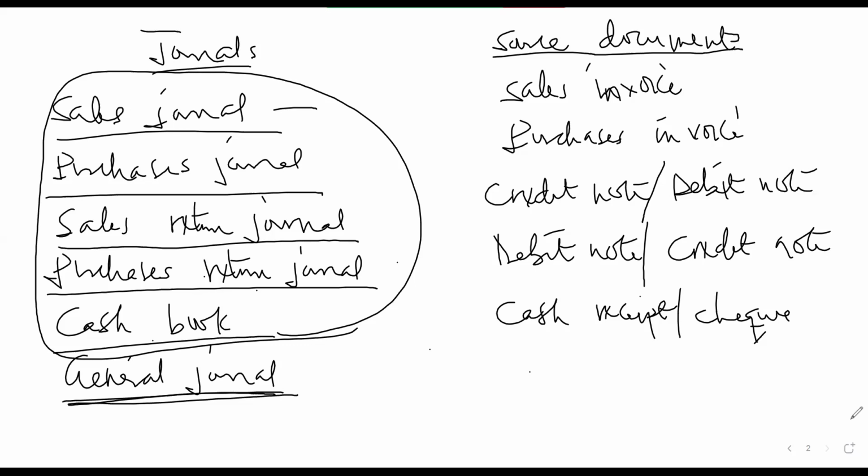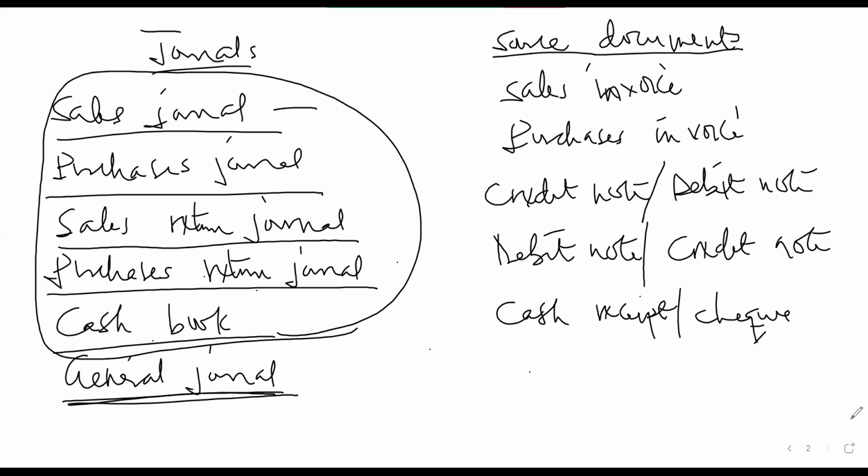How do you prepare the sales journal, purchases journal, and sales returns journal? You can see that sometimes a company can sell and say they are going to give a discount. Xmas time like this, or the past Easter time, companies normally give discounts. If the goods are sold at a discount, the first question that you have to ask yourself is whether it is a trade discount or a cash discount. If it is trade discount or cash discount, how do we go about it? We look at that one later, but let me give you how the sales journal, if you are asked to prepare sales journal or purchases journal, will look like.